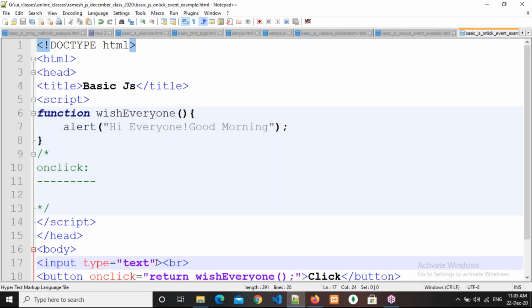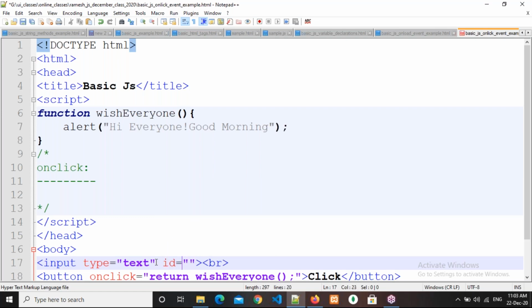Vijay, respond. Yes, sir. Okay, right. So here also there is some value. If you want to fetch this value, we need to get this element or not. Understanding? You need to get this text box or not. So if you want to get any HTML element, then we need to assign an ID here.